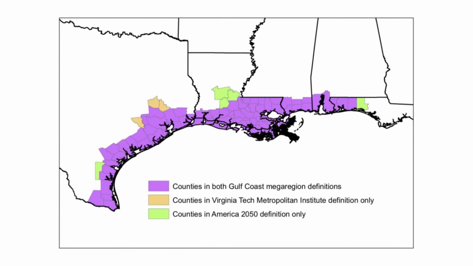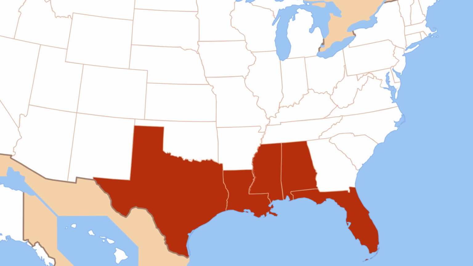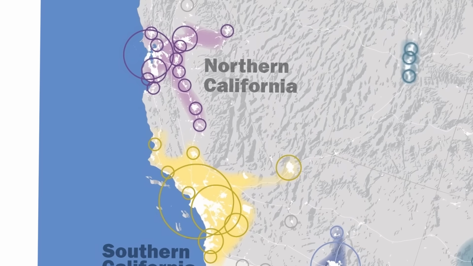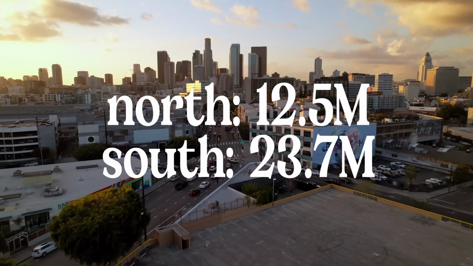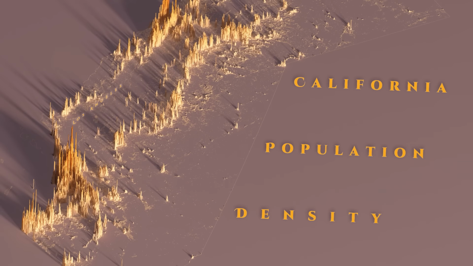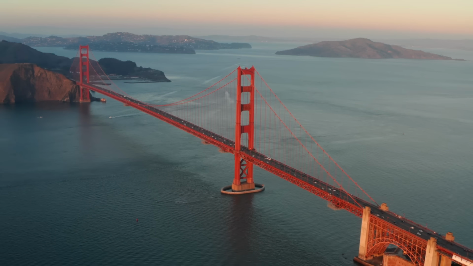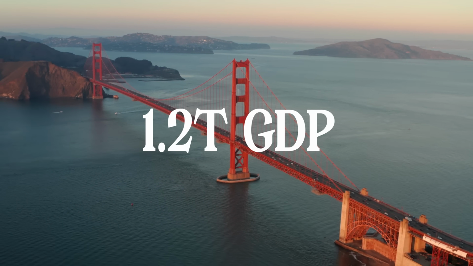It's hard to find exact counts because when you search for the Gulf Coast, you get the addition of the entirety of all states that have their coast there, not necessarily the megaregion. Northern and Southern California's megaregions have a total of 12.5 and 23.7 million people, respectively, 3.7% and 7% of the US total, respectively too. In the North, in 2018, the region had a local GDP of 1.2 trillion, 6% of